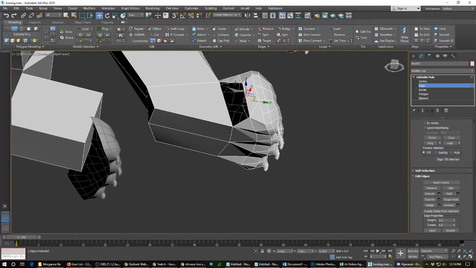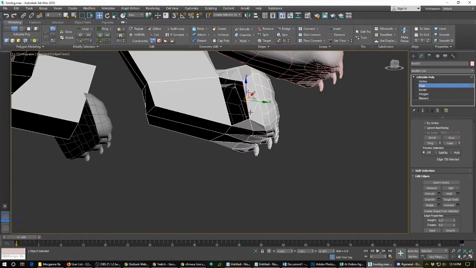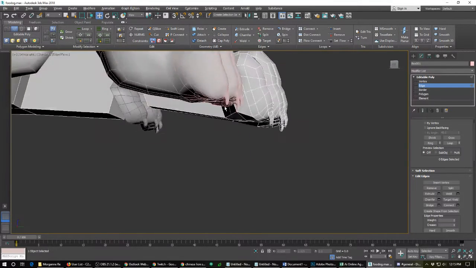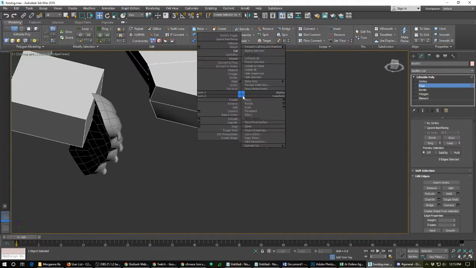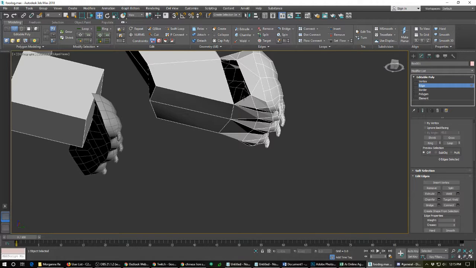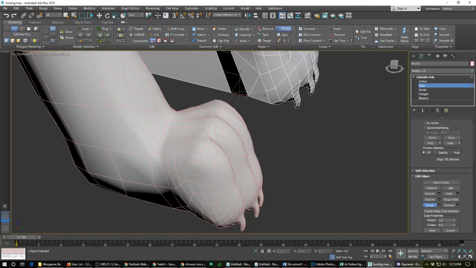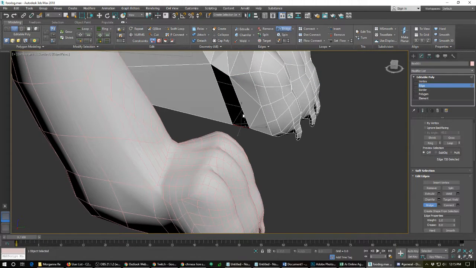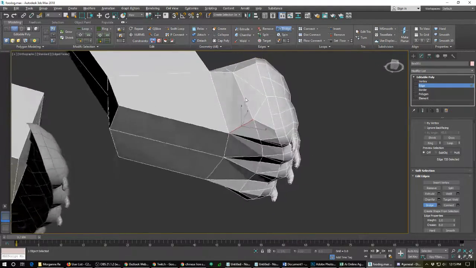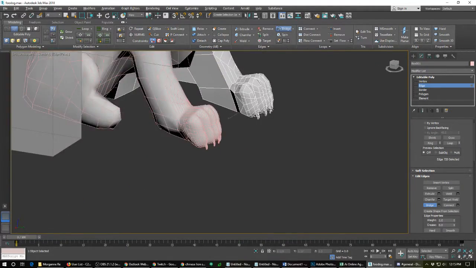So what I'm going to do is grab this piece here. Let's collapse that, and let's just go into the edge mode here and bridge from here to here. Oops. Let's do that again. And that's going to close that, but I have one triangle stuck in there, and I'm not too worried about